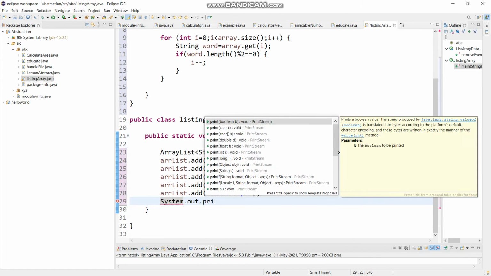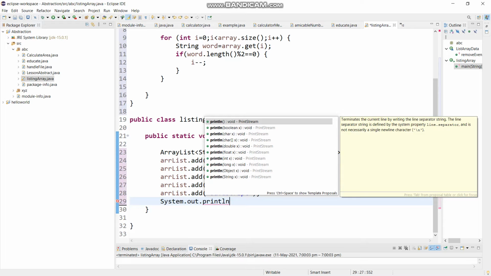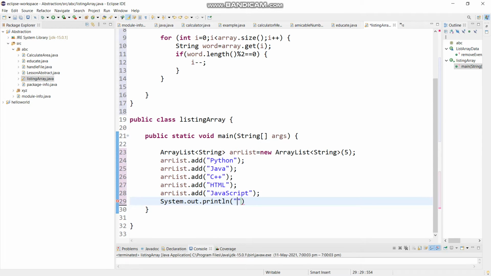Similarly, the fifth item we are adding is JavaScript. It could be random items, you can add or remove by yourself. So for this program we have to add.